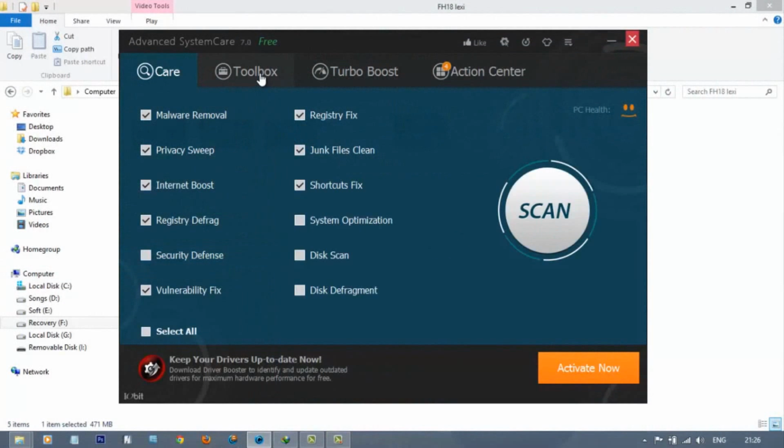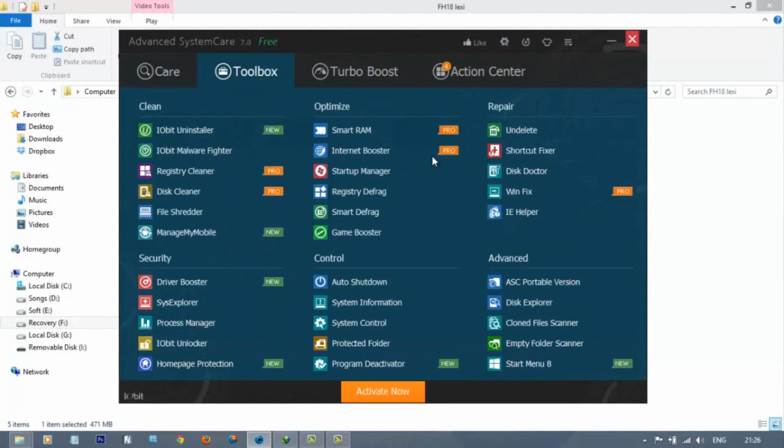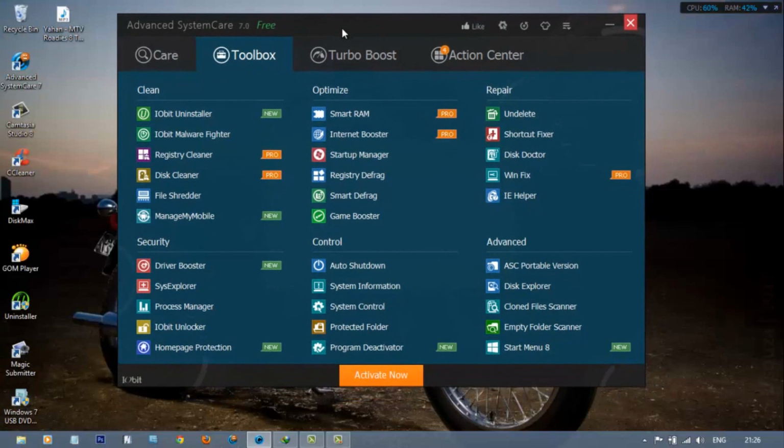The next option on the interface window is Toolbox. The toolbox consists of many more modules. The first module is cleaning. It includes IObit Uninstaller, to easily uninstall, or directly have an uninstall button. Let's have a look.